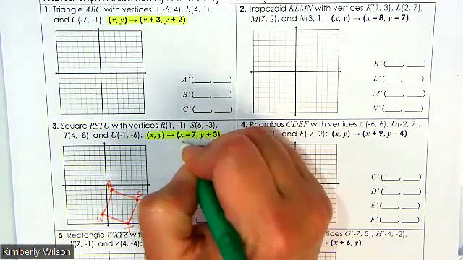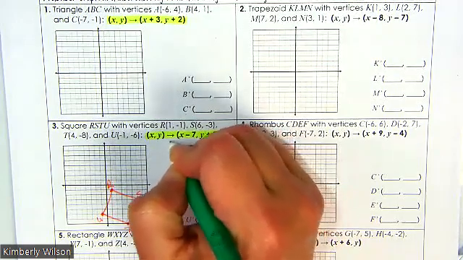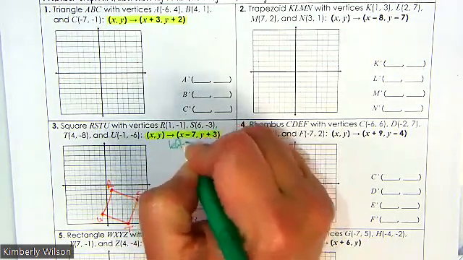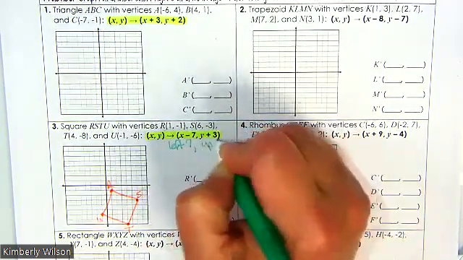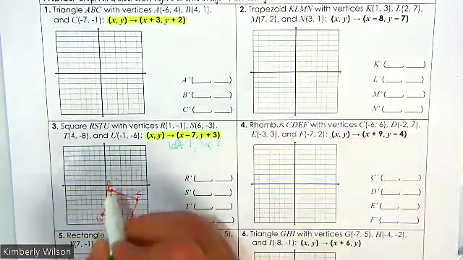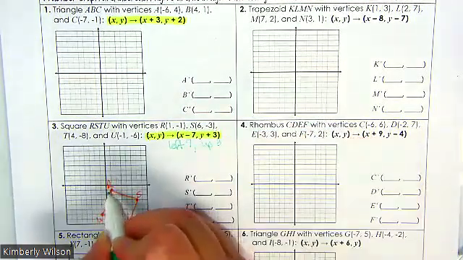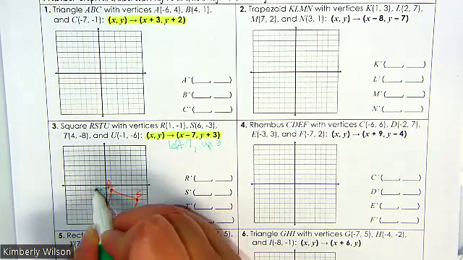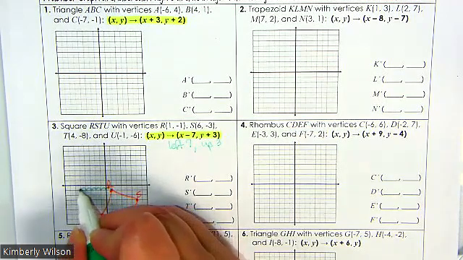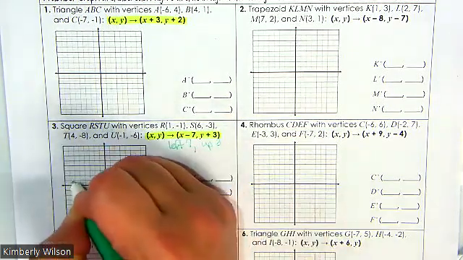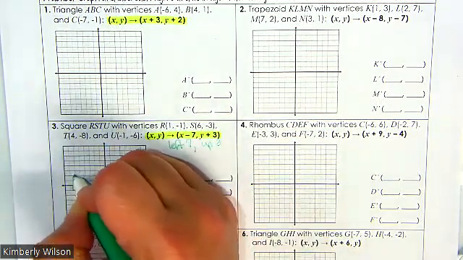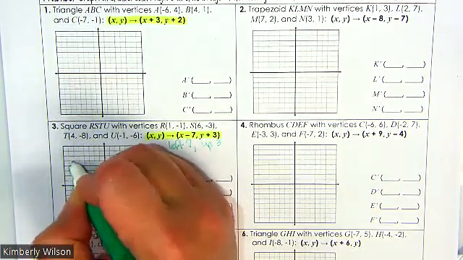So this means that we are going to the left 7, and +3 means I'm going up 3. So if I'm looking at the point R, I'm going to the left 7. 1, 2, 3, 4, 5, 6, 7. And then I'm going to go up 3. 1, 2, 3. There is the image R,